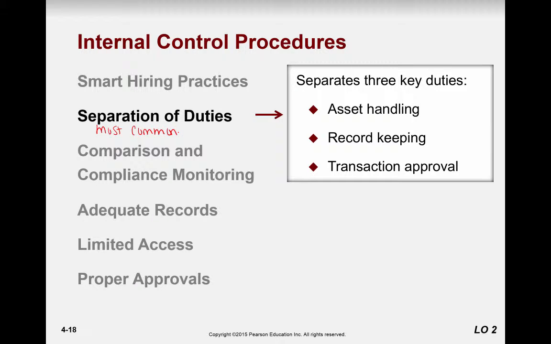Now, with segregation of duties, what we're doing is we're saying that these three functions, asset handling, record keeping, and approval, are separated. So the person who deposits cash in the bank is not the person who records the journal entry and is not the person who approves the journal entry. This would be done by three people. We call this checks and balances, and that's the whole premise of accounting, basically. One person does the deposit, another person records the journal entry, and a third person approves it